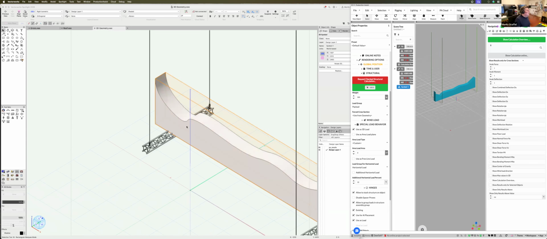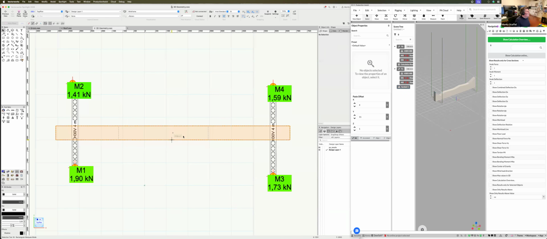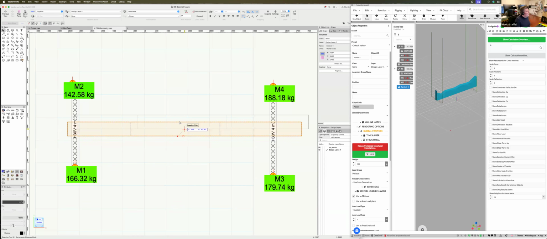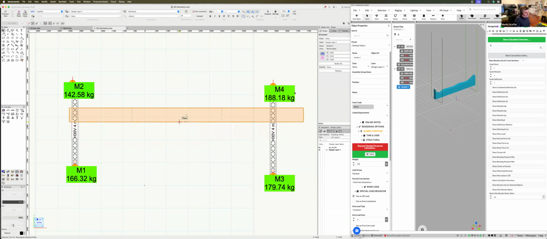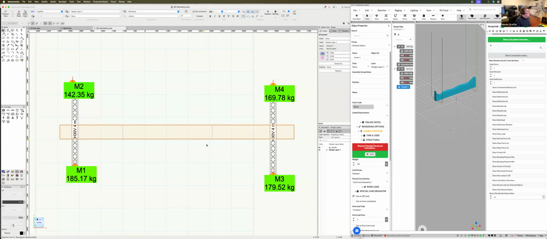And then every time you're moving this thing around, it will calculate this in the background. I've set the force unit to kilogram, that's why it's now showing you this in kilograms. It's 500 kilos in total,